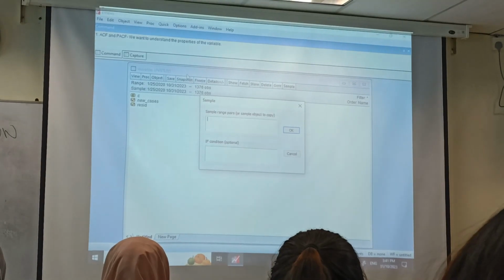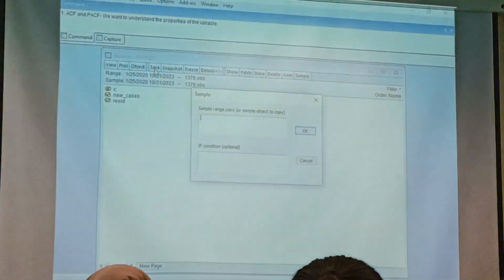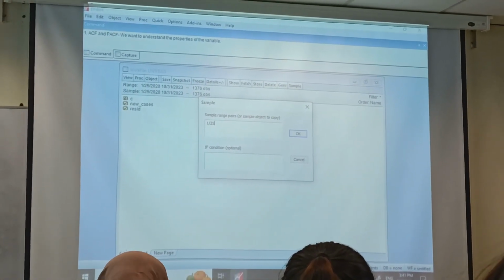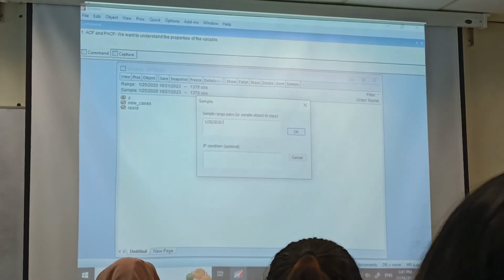I follow this format up here. See the format up here we follow. So first 25, then 2020, and we have